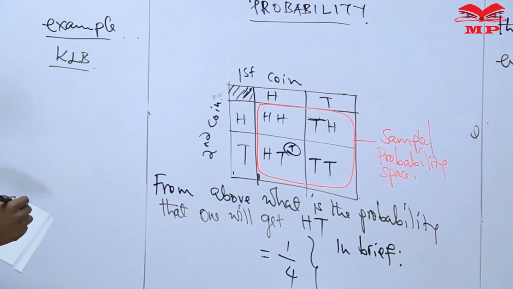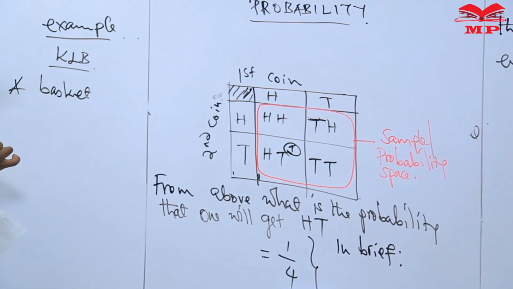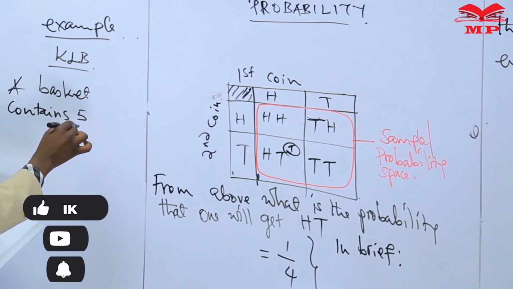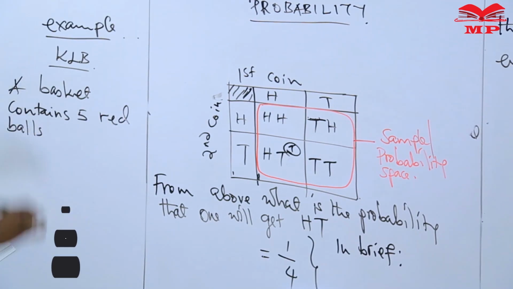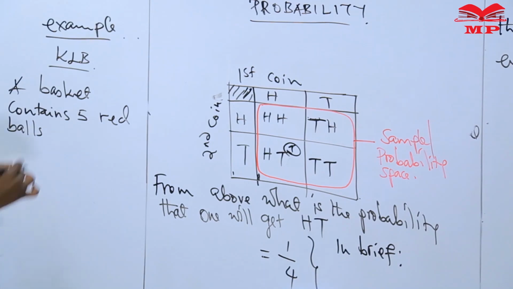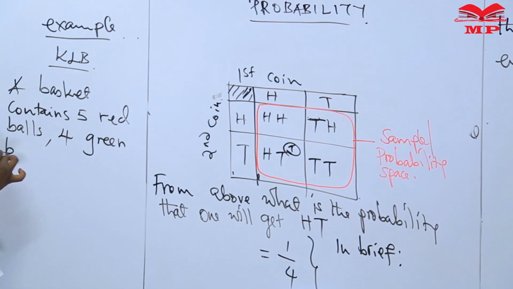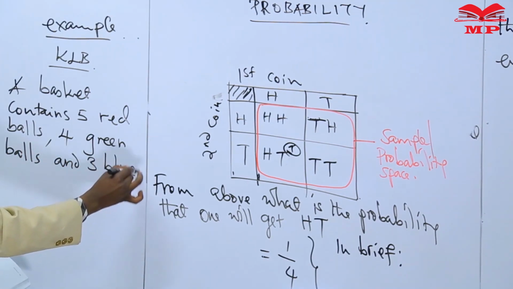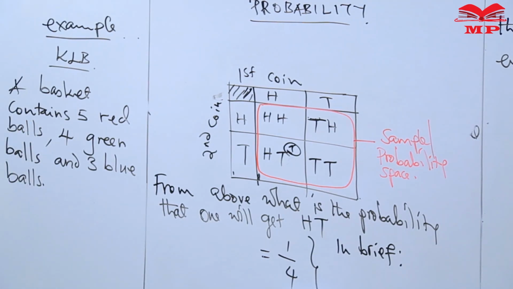A basket contains 5 red balls, 4 green balls, and 3 blue balls. If a ball is picked at random,